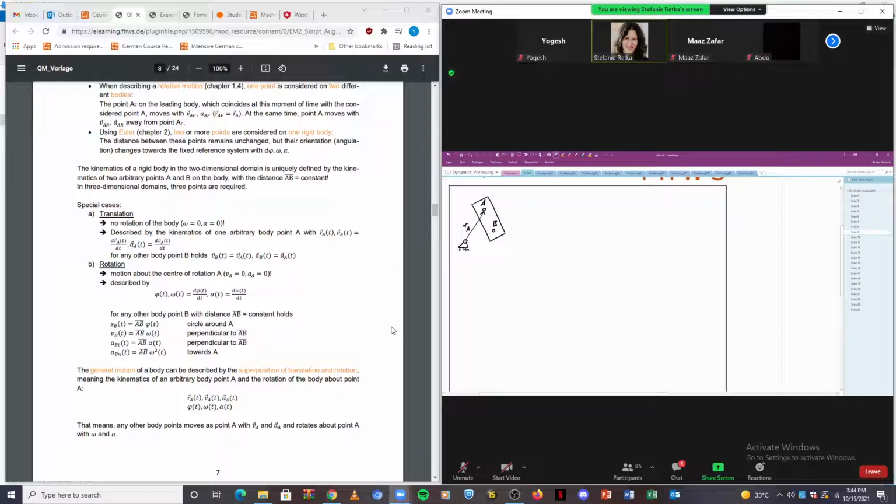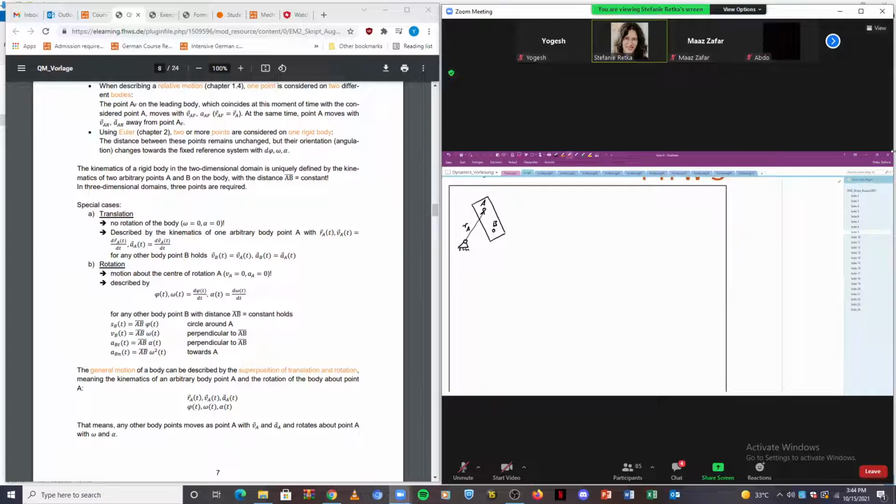Radius of point A. Now, again, to describe the absolute motion of point B, I